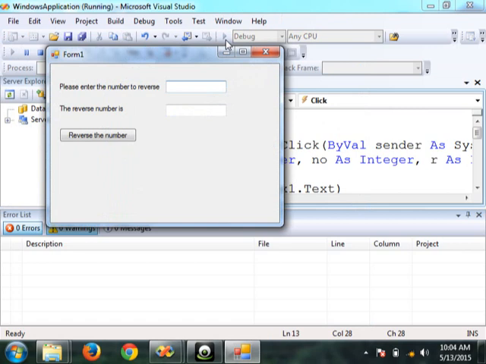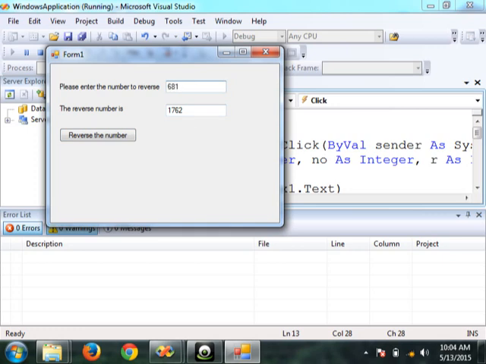So there, okay. Now I have written the code over there that if somebody clicks, what is going to happen? Let's say I enter something like this. This is the number. See, I click on this one. It is reversing the number and putting it in the text box. So it's quite graphical now. Looks good, isn't it? And see, suppose I enter another number.